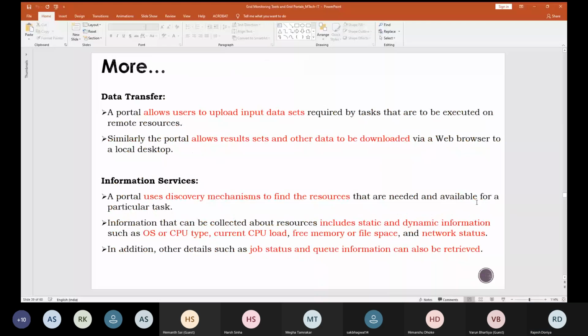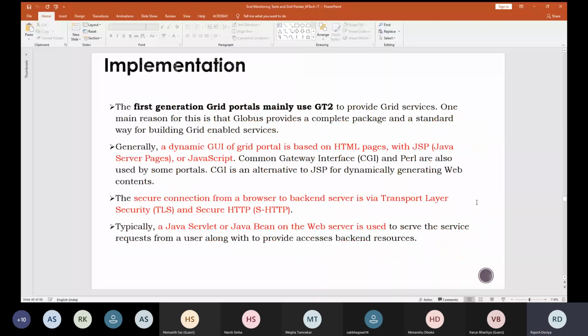Fine. Then if you talk about the implementation, then the implementation of all the grids can be done with the help of GT2. So specifically, if we talk about the first generation grid, it is basically implemented with the help of GT2, Globus Toolkit 2.